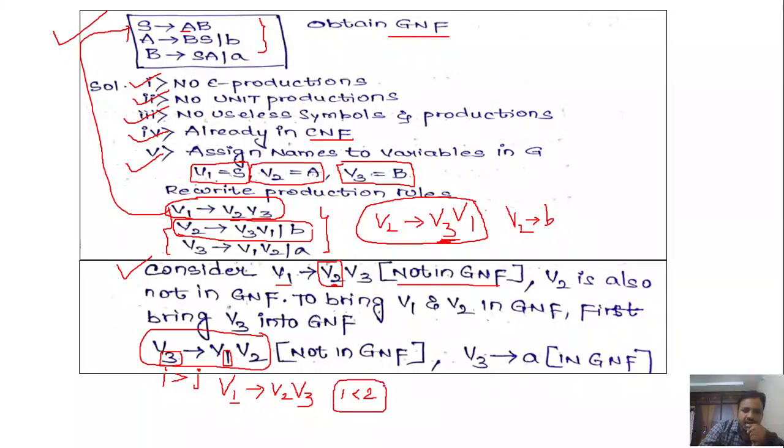So it is rule 7, which is saying that whenever you have Vj denotes Vk alpha and j value is less than k, what you have to do? Substitute Vj in the Vi rule, right? So what is Vj here? V1. So the V1 production rules have to be substituted here in Vi, here 3.